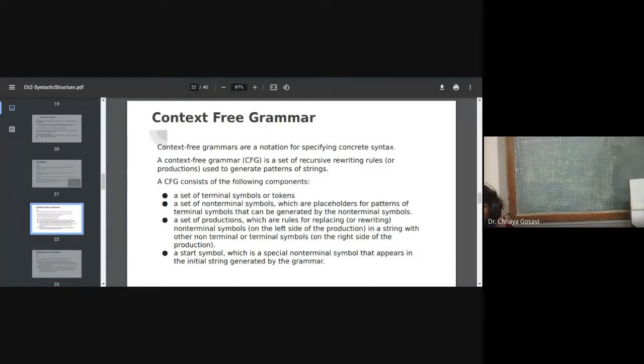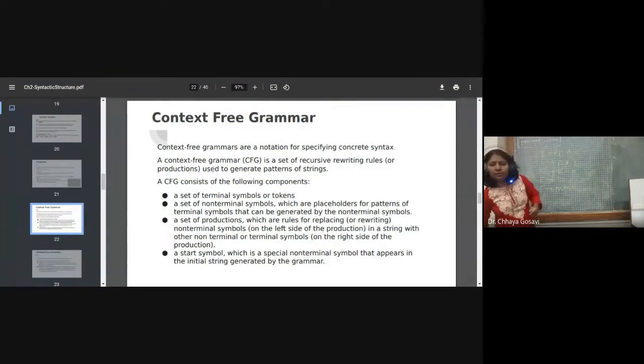So this is a grammar for arithmetic expressions. I want to put b square minus ac. I'll write one more expression. This type of grammar is called a context-free grammar.